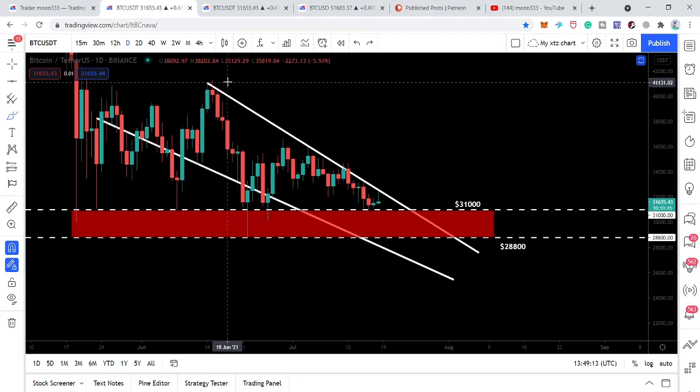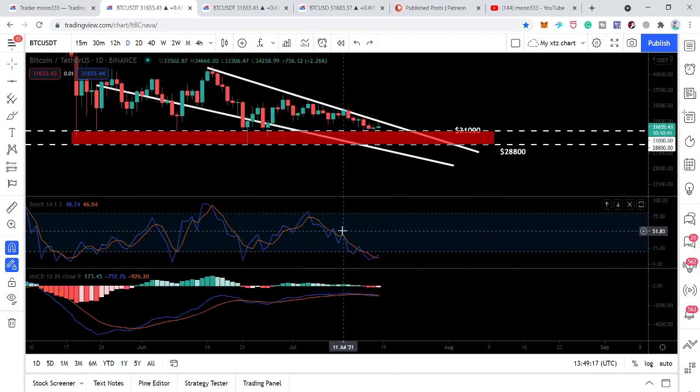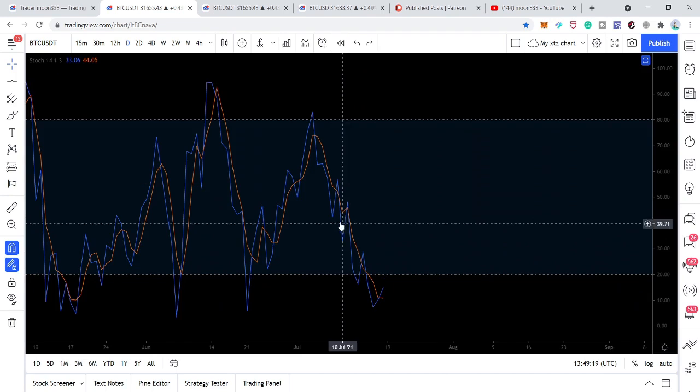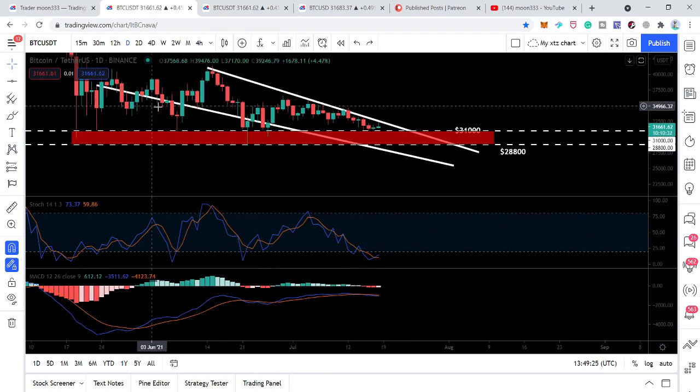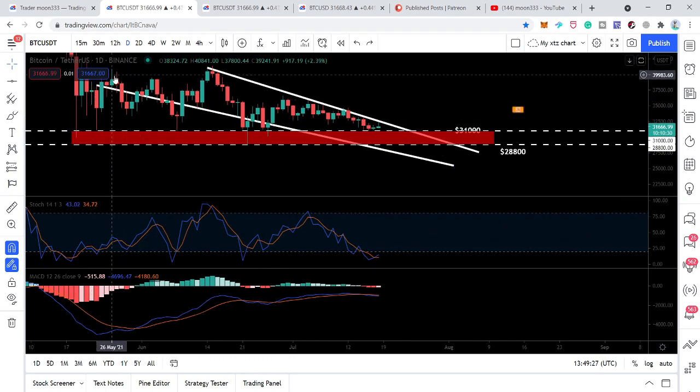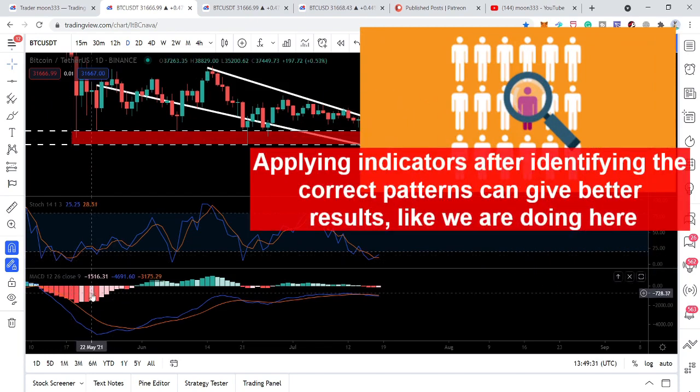And here I would like to show you a few more things I have placed here: the MACD and the stochastic oscillator. We can see that the stochastic and MACD are very much synchronized with the price line while it is moving in this falling wedge. Whenever the stochastic is entering the oversold zone and the MACD is turning bullish, we are having nice